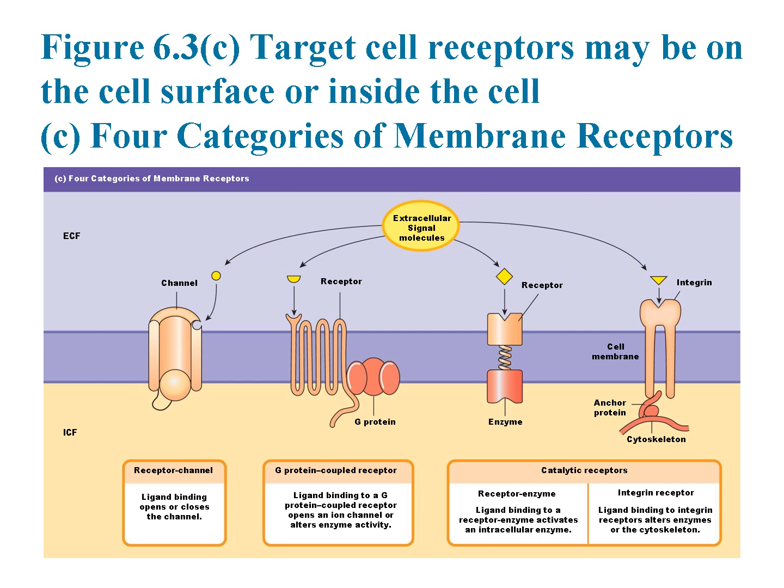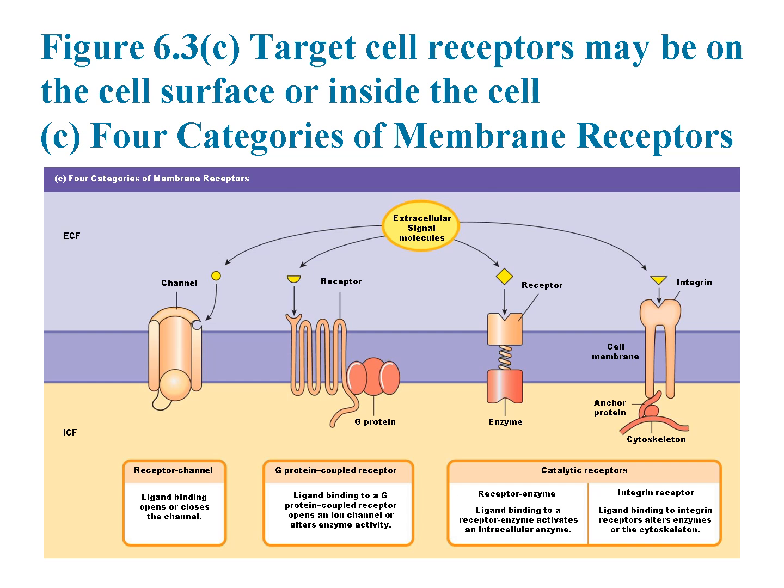Chemically gated ion channels, also known as ligand-gated ion channels or receptor channels, open or close in response to a chemical signal. This allows ions such as sodium, potassium, or calcium to flow into or out of the cell, rapidly changing the cell's electrical state and initiating a response. These are important in processes like nerve impulse transmission and muscle contraction.